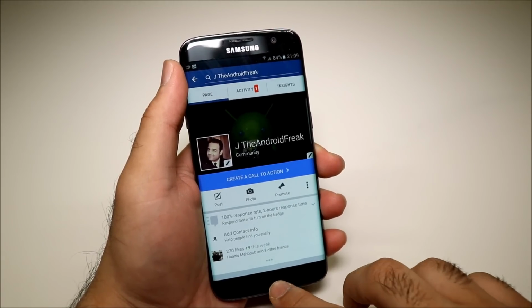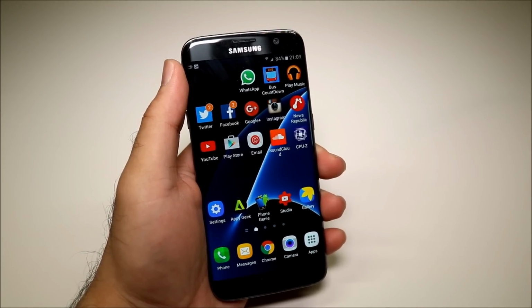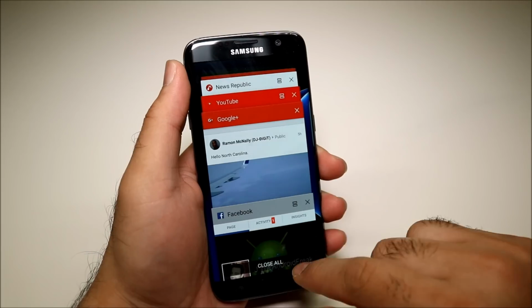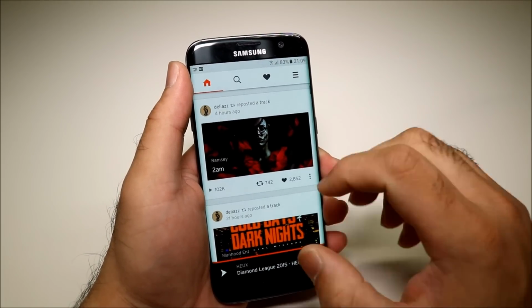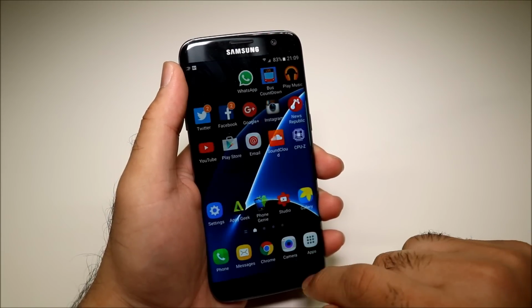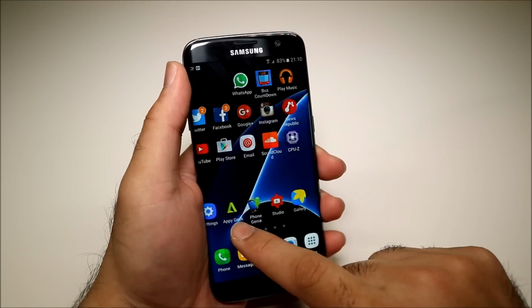I think I'm tired of opening apps, and most people won't even go beyond 3 or 4. But this is the very limit of RAM management, guys. As you can see, it was able to hold up all these apps without any issues whatsoever. So very, very impressive stuff, Samsung, and a massive, huge improvement from last year what we saw. So not bad at all. Now clear this all up, guys, and let's move on to part 2 of RAM management, like I said,